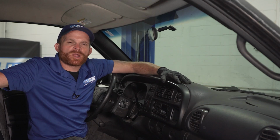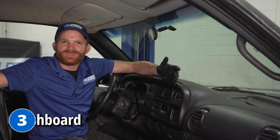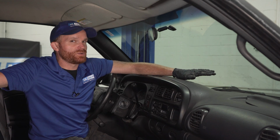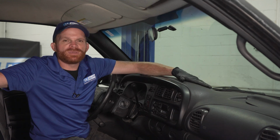For our next couple problems, I'll be sitting inside of the passenger compartment. The first one I'll talk about while I'm in here is the front dash. If you have one of these vehicles, you know exactly what I'm about to say. They're extremely delicate. Of course, every time you park this thing in the sun, it's beaming down on the dash